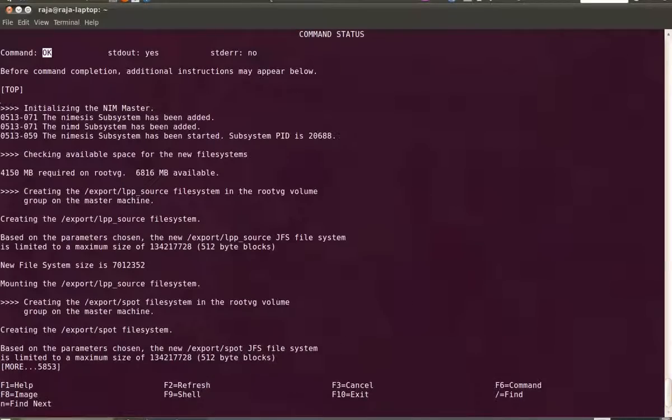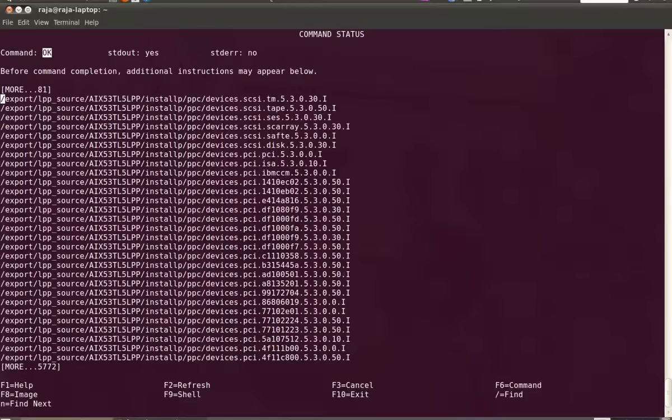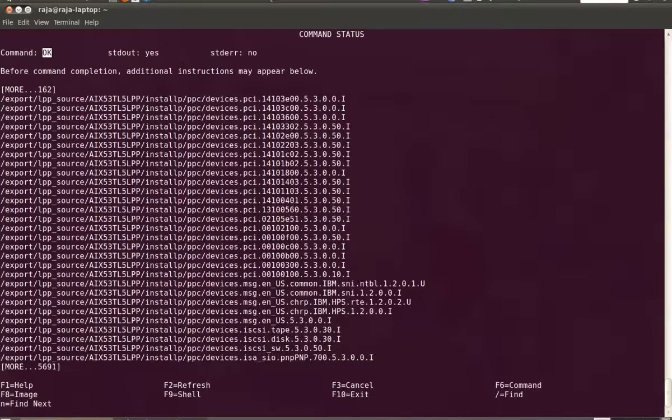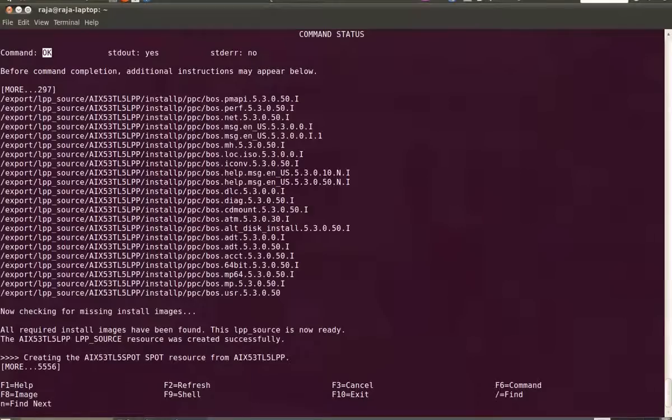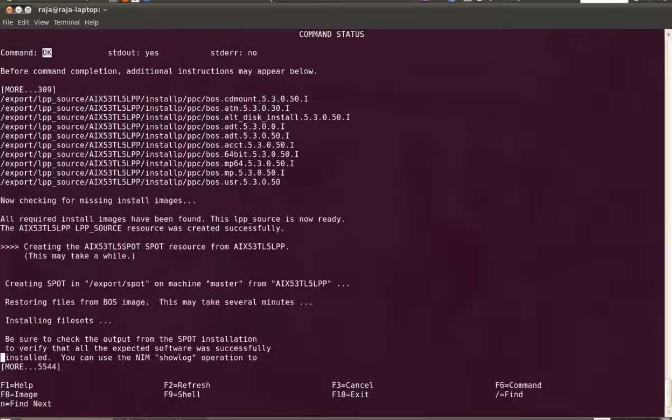By now the NIM master configuration has been completed. You can see the LPP source got created, and then it's creating the spot called AIX53TL5 spot.